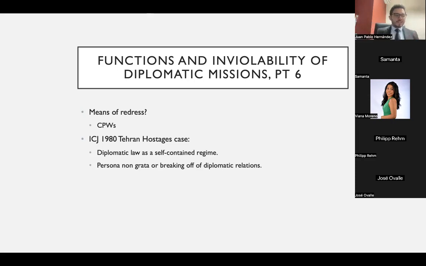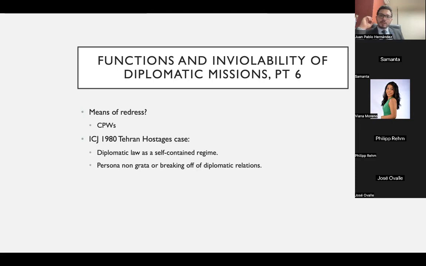And you have to notice what this refers to in particular. The example that is given in Article 50 of the Articles on State Responsibility is when a state violates another obligation and you decide to use the suspension of inviolabilities as a countermeasure against that internationally wrongful act. This is not permitted by international law. But the question is, what happens when the obligation that is allegedly abused is an obligation that is part of the diplomatic regime? For example, an abuse of the diplomatic mission's inviolabilities, for instance, in the case of diplomatic asylum. In this respect, the answer can be found in the ICJ's 1980 Tehran hostages case, where